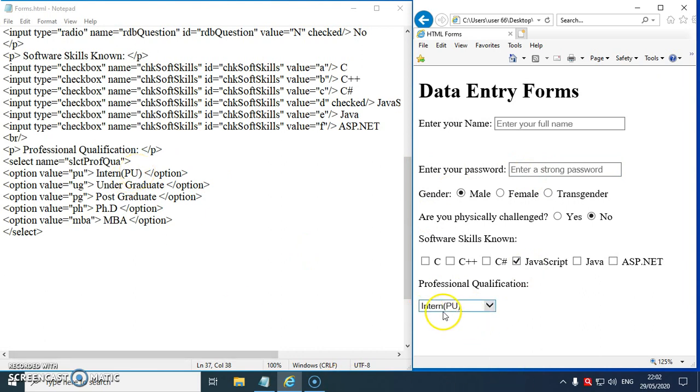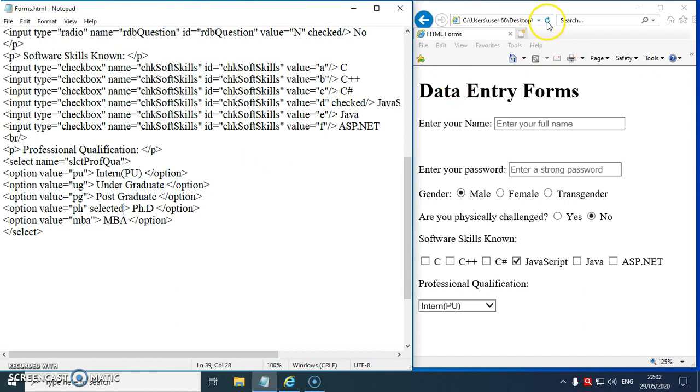Suppose I don't want intern to be displayed when the page gets displayed. I want, okay, PhD to be displayed. Then what I do? I need to use the next attribute, the attribute inside the option tag called selected. Why selected? Because from the drop down box or a list box, we select items or options. So the selected attribute is used to mention by default which option should be selected.